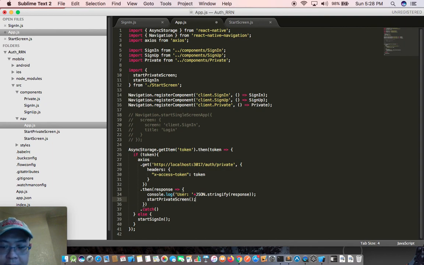Start screen, and in the catch block, if there is the error,